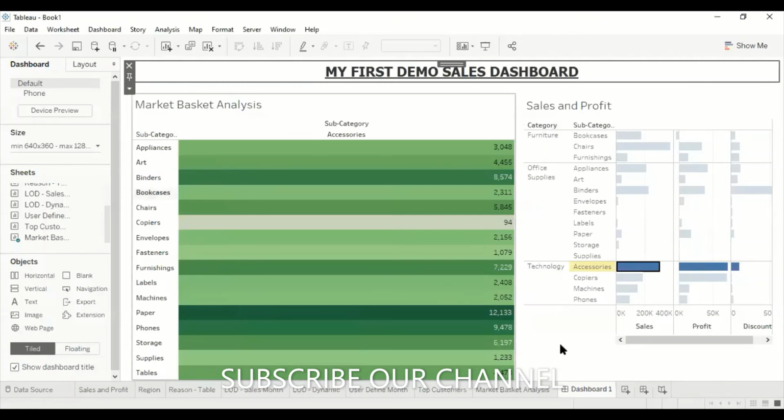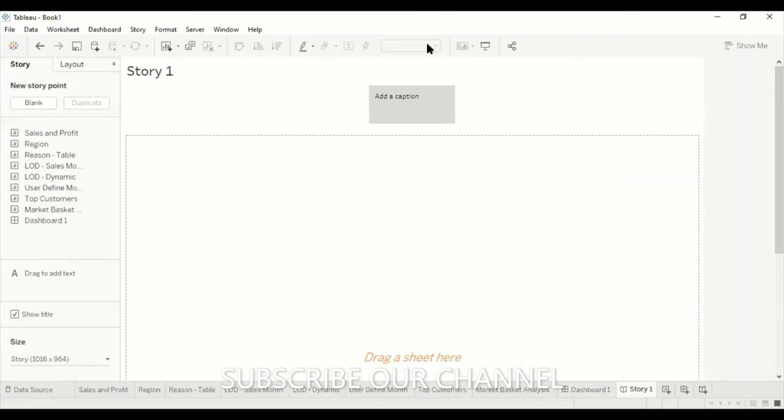In the same way, we have the worksheet story also. We can create the workbook. A workbook is a collection of your dashboards. Let's say you have 4 to 5 dashboards. By using workbook, I can bring all those dashboards in this. It gives a button here. The moment when you click on the first button, it will take you to the first dashboard. When you are adding the second dashboard, it will automatically create the second button. The moment when you click on the second button, it will take you to the second dashboard. This is how the entire system works.